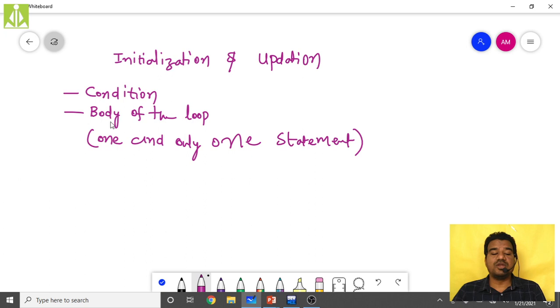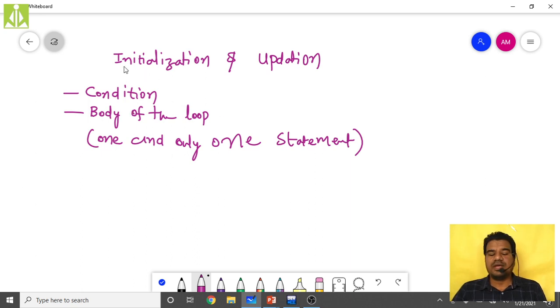The concept of loop depends on two things, condition and body of the loop. Condition is mandatory. Without a condition, the loop will go into infinity. And the body of the loop has to be one and only one statement. If you have more statements, simply make them a block of statements.